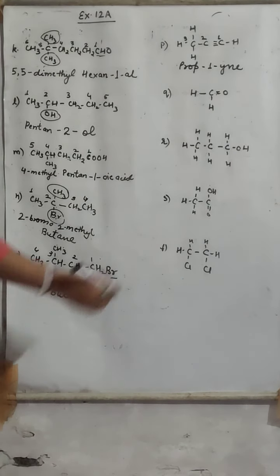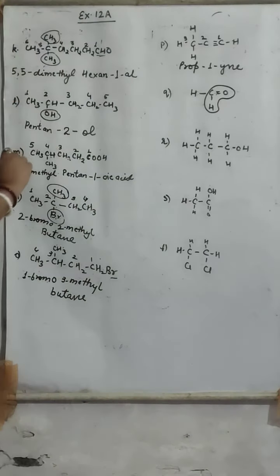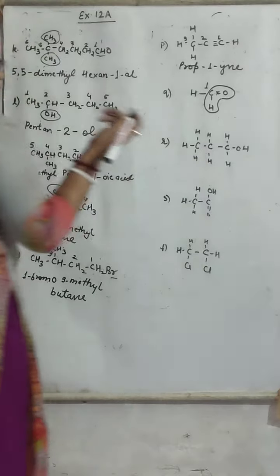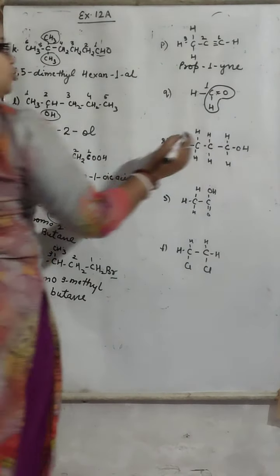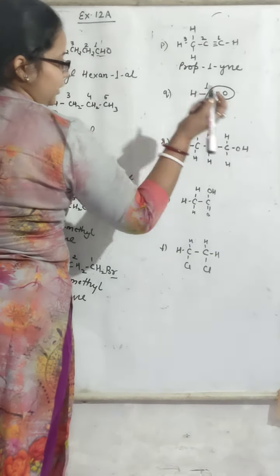Now next, this is a functional group CHO. This CHO group has a carbon itself. That is why numbering will be 1 only. 1 carbon, so meth. For one carbon we use meth. All the single bonds, one carbon and no double bond.